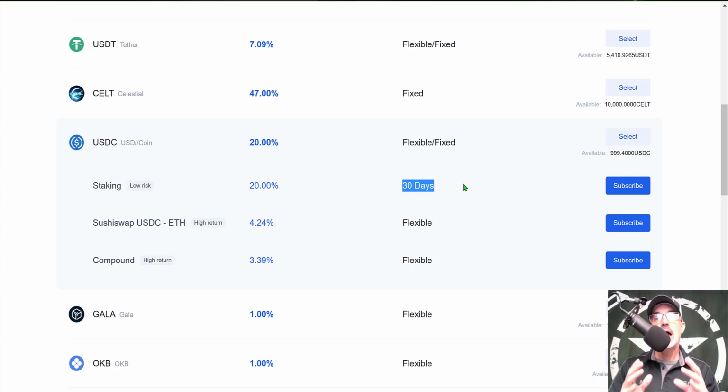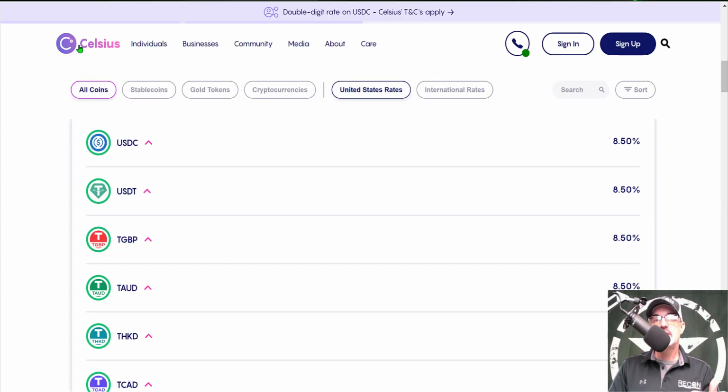Now, typically the way I normally earn yield on my stable coins and other crypto I don't plan on trading is through Celsius. And with Celsius, my funds aren't actually locked up. I can withdraw them anytime I want, and they still pay pretty good APYs. You can see USDT is at 8.5%, USDC is at 8.5%. Actually, most of their stable coins right now are paying 8.5% yield. And they don't actually charge a withdrawal fee, so I can actually send these funds onto an exchange for 0